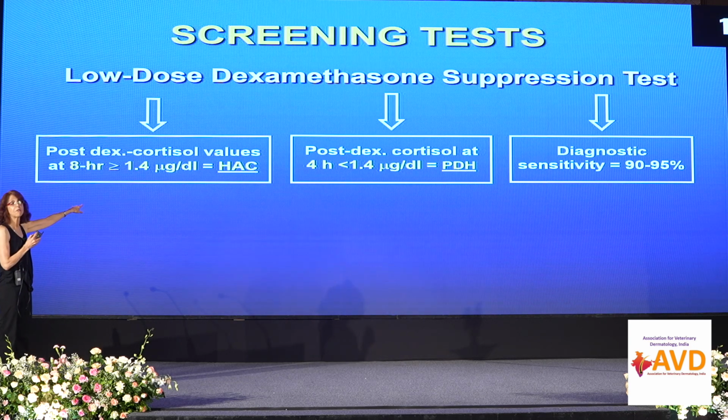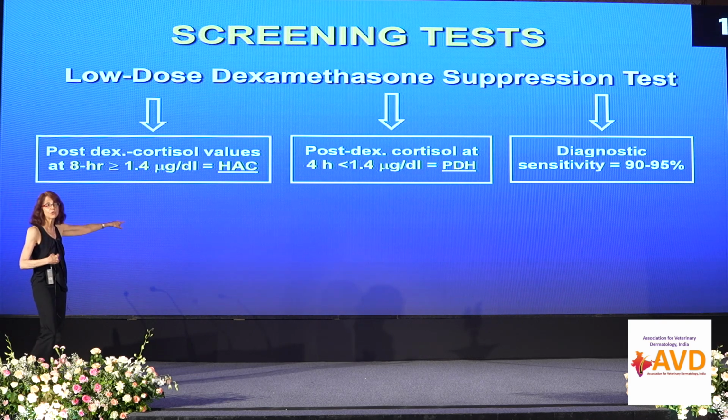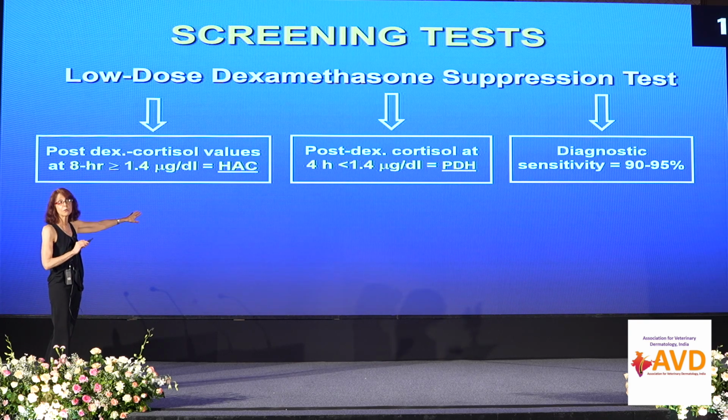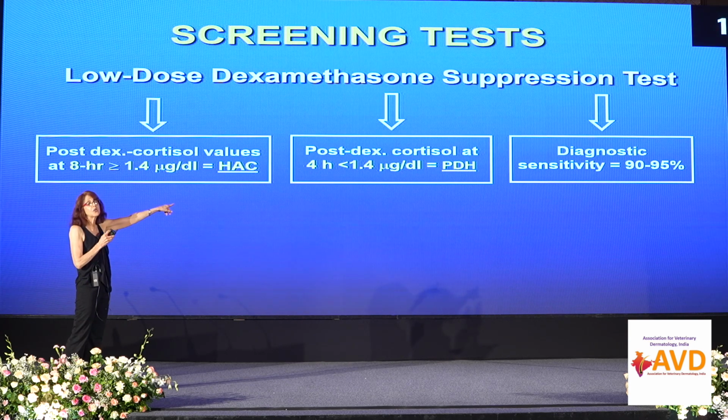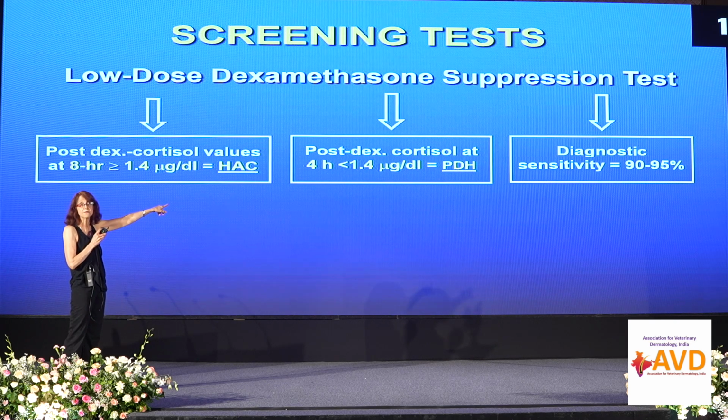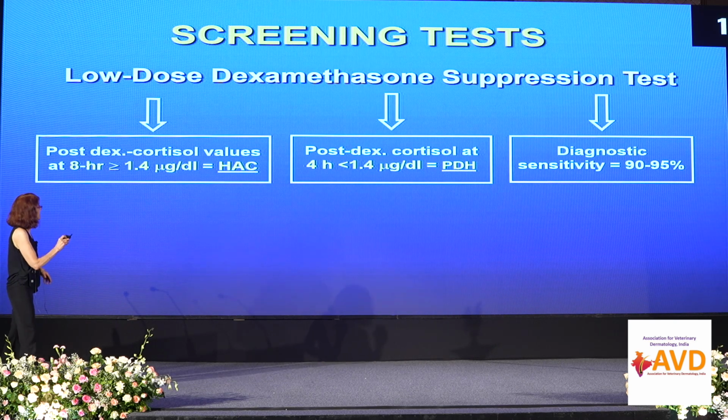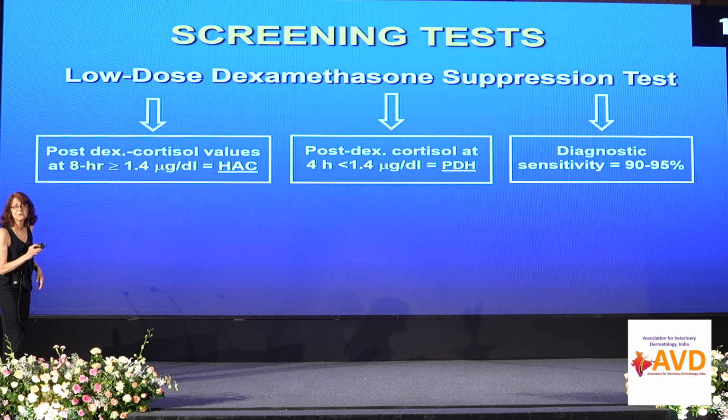Then you go to your 4 hour. Remember, the adrenal doesn't suppress, ever. The adrenal tumor, that cortisol won't do anything with it, okay? So then at 4 hours, 60% of the dogs will suppress, and the value will be below 1.4 micrograms per deciliter. Then you can say pituitary, in about 60% of the time. Very good sensitivity, and so 95% of the time. Are you still with me?